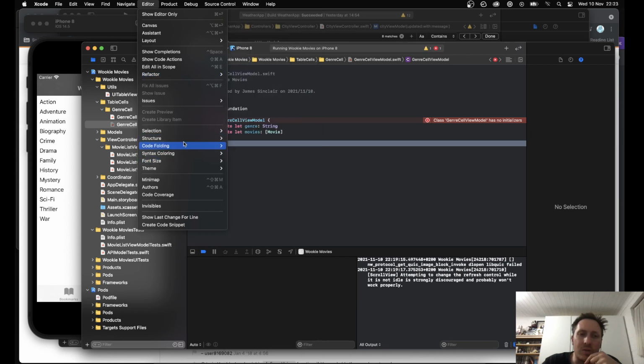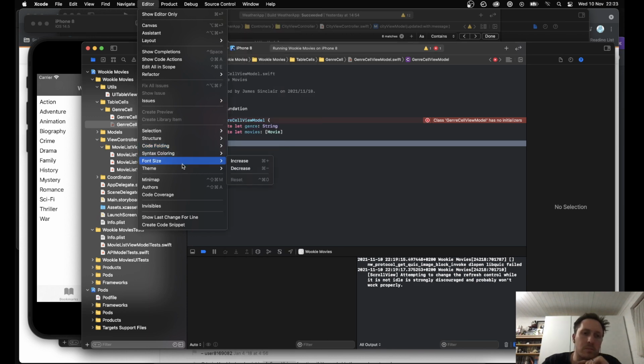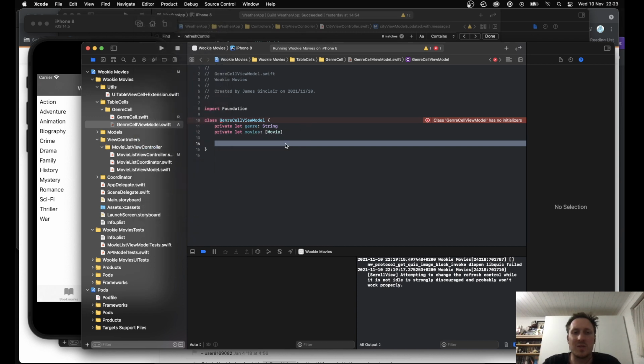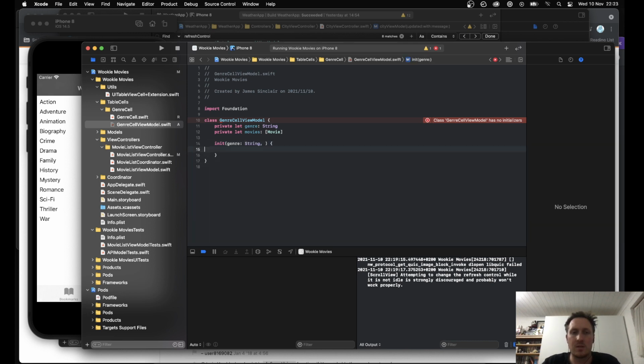But I know Xcode couldn't. Look, sometimes you spend more time looking for a function than it would take to just do it in the first place. So genre string, that's not how you spell string, and